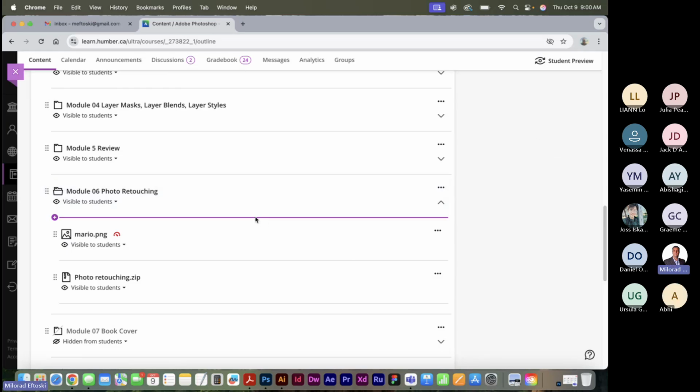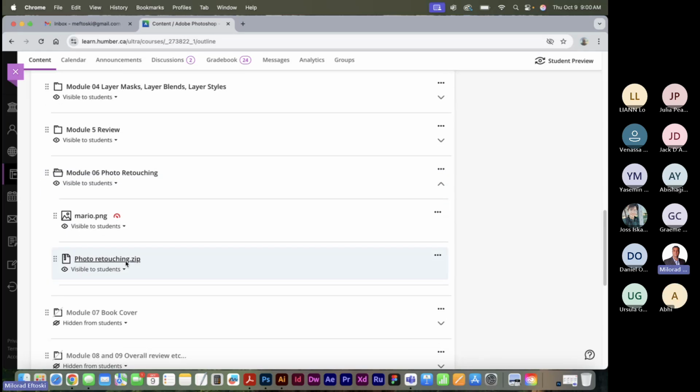So as I was saying, if you download this photo retouching zip file here, this is what we need for today's exercises. This is an additional file. I sometimes pick a random drawing or cartoon, even a Marvel superhero character, whatever you guys are into, we can re-render that one. A lot of rendering is done in Photoshop, not just for different illustrative purposes, but professionally, and